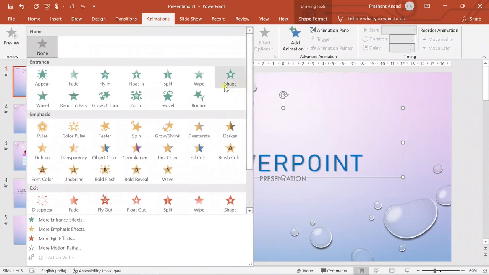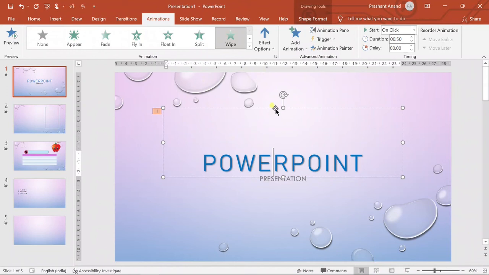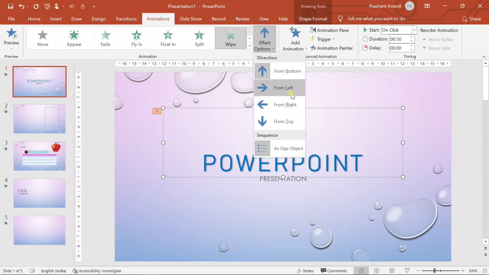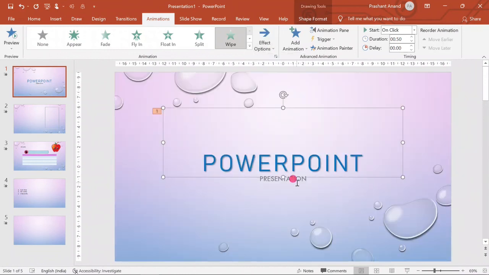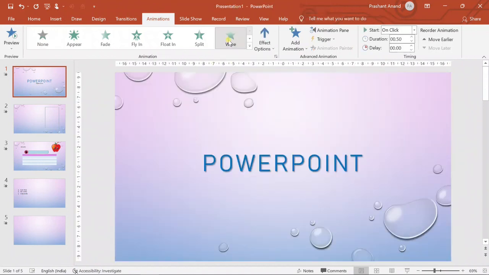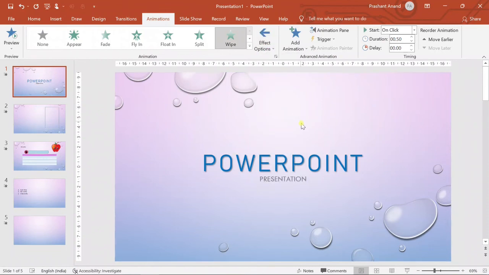So for the time being, let us select wipe. As you can see, this is coming from bottom to up. We have the option of selecting its direction. We can select from left, right, top, bottom, from anywhere. So let's say we will select from left, and for this presentation also let's add one more wipe animation and let's select it from the right side. Okay,